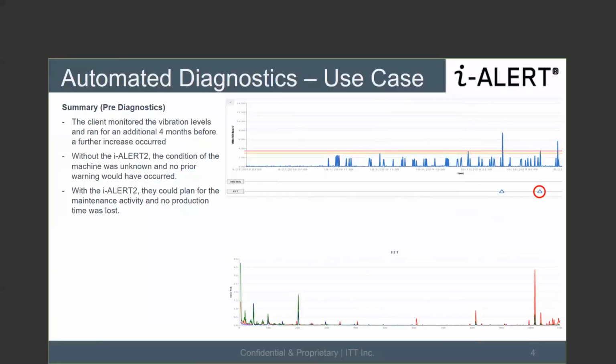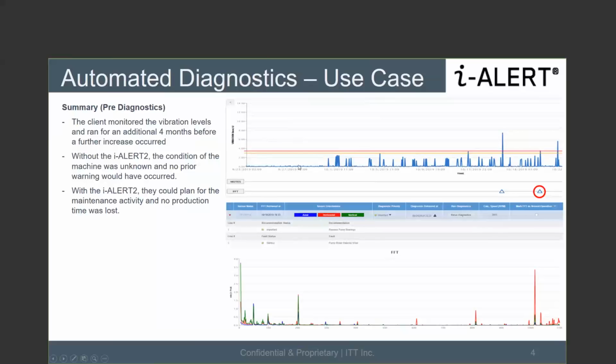One thing I wanted to mention here is that we're not just talking about having an iAlert on a motor, on a pump, or any kind of driven equipment. We're talking about having it at the train, meaning a motor pump setup altogether. When I see this trend data, I see that it's behaving fine. But then there's some kind of process issue or mechanical fault issue, and after that you can see over here that it crossed the threshold